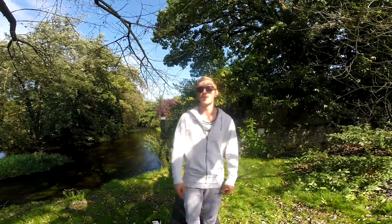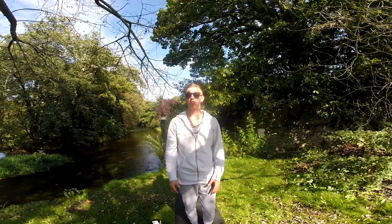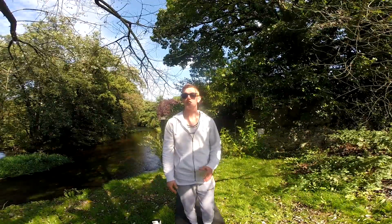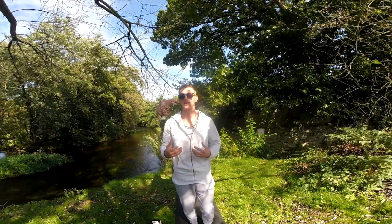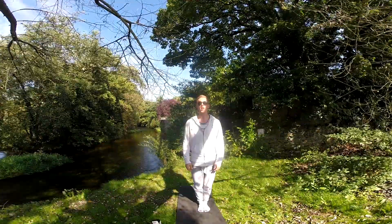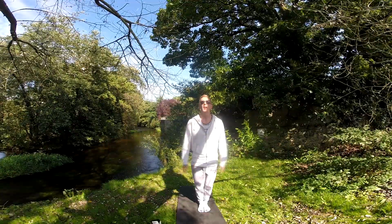In this stretching routine, I use stretches I've taken from Kung Fu, ballet, gymnastics and other various sports. It's my own personal stretching routine and I think it works, and it's made me more flexible since I've started using it. So you're going to start off by standing with your feet together, arms down by your